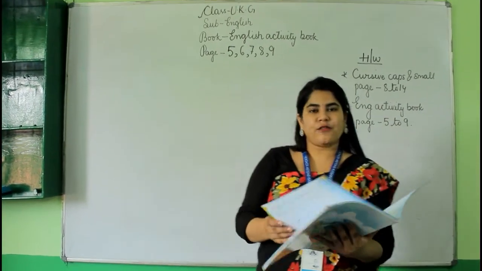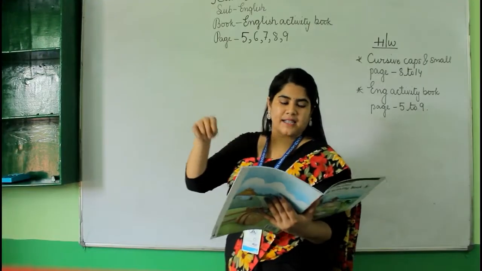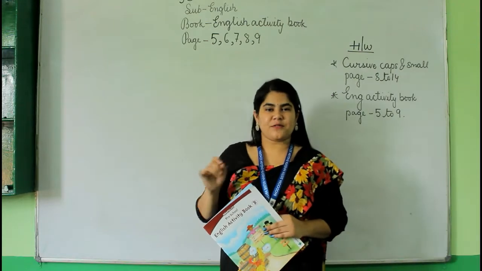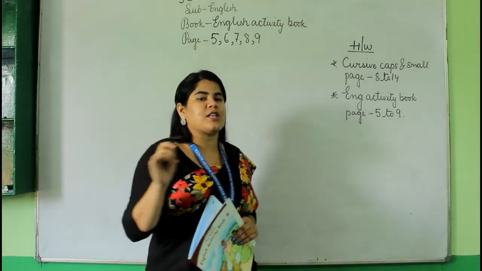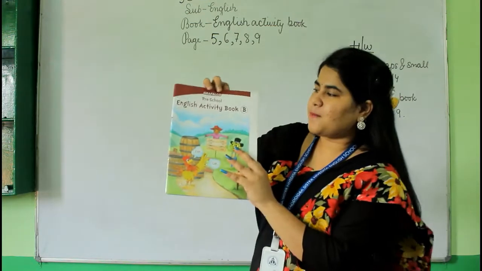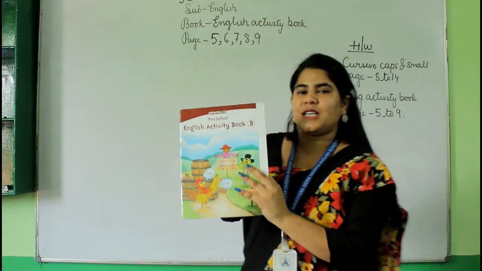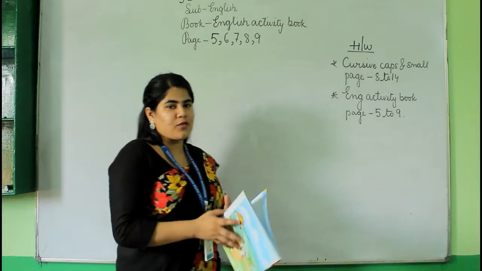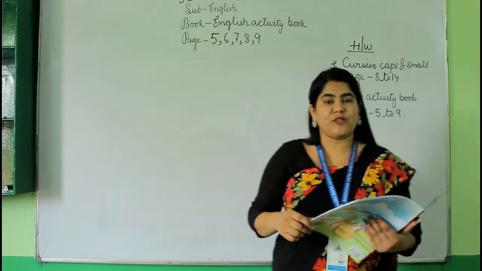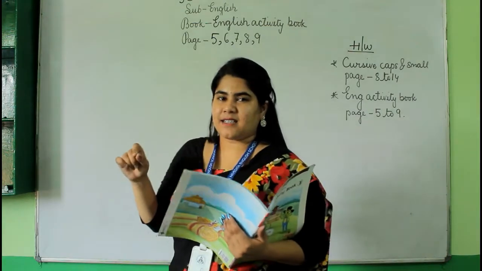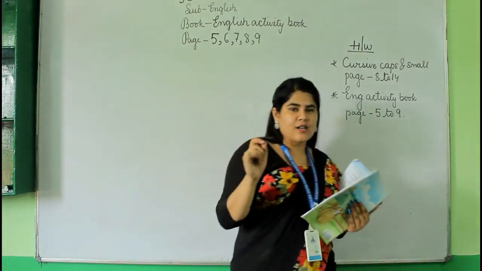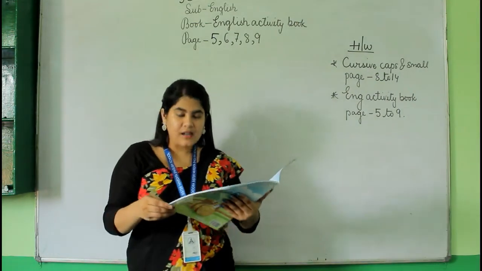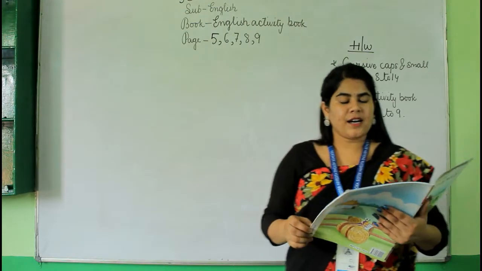All this 2, 3, 4 we have already done. The circle the correct letter, tick the odd one. So students, we have completed with cursive, capital and small letter book. So now we will do this book, okay? We will start with English activity book. I suppose that you all have got this book, and I also hope that you all have done the homework, as I have given you page number 2, 3, 4 that we have done, the circle the correct letter, tick the odd one out, right? So my good students, I know that you have already done. So, today we are going to start with page number 5.